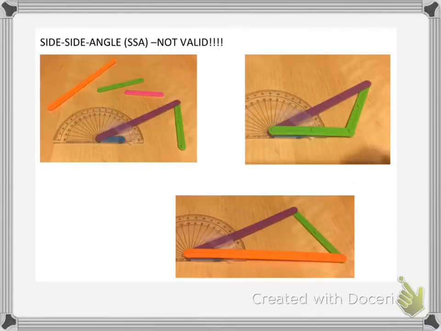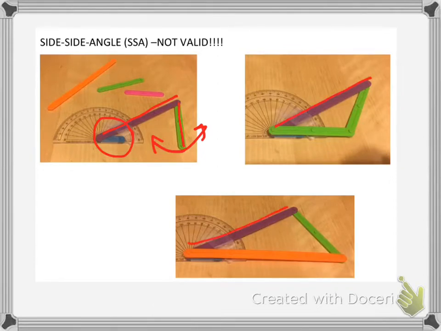There's one way that doesn't work. We can't say side, side, angle. We can't set a side and another side and then an angle not between them. And the reason for that is this side here can swing back and forth and adopt different positions. And there's actually two different positions that this can take that will make a perfectly valid triangle. Using the same purple side,